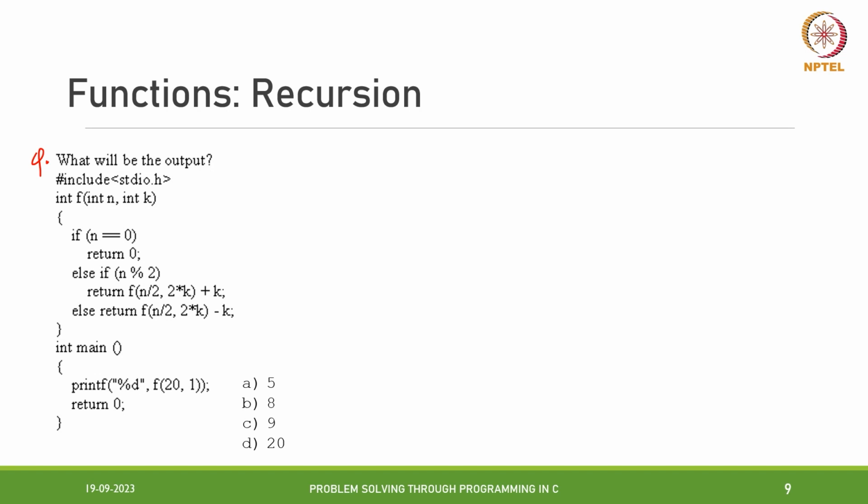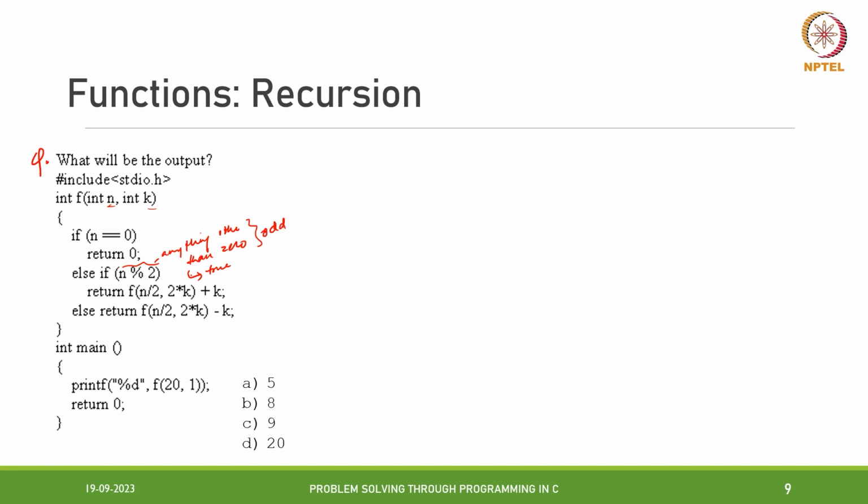Okay, so we have a function called f, which takes n and k, two integers, as input. The stopping condition for this recursion is: if n equals 0, it will return 0. Now if that is not the case, and n percentage 2 is non-zero, only then this else if part will run, right? It will be true only if this part is anything other than 0. That means if n percentage 2 is non-zero, it is odd,